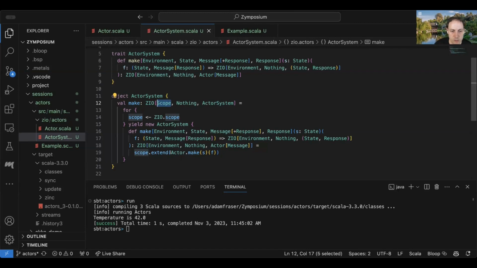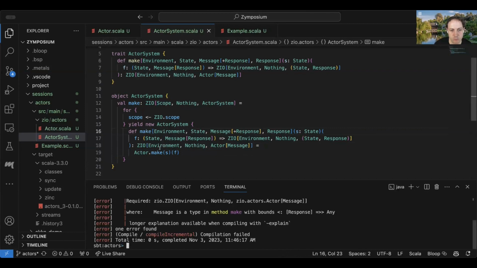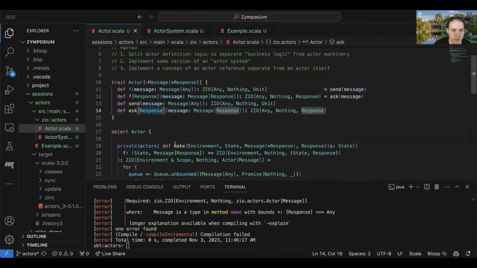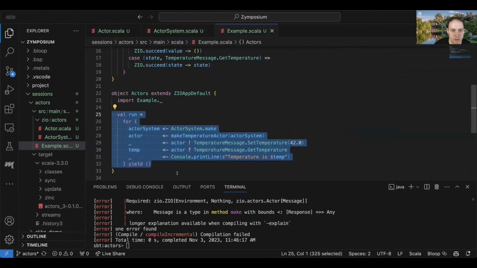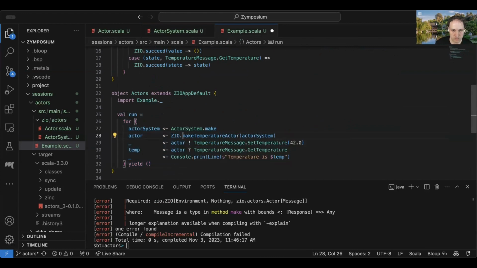So in this case, in our implementation here, we do need to extend the scope, because we are saying this thing does not require a scope, and actor.make does require a scope. So we definitely have to provide the scope here, and it's actually very semantically significant that we're doing so, because think about if we do something like, let's go back to our example. Let's say I do ZIO.scoped make temperature actor.